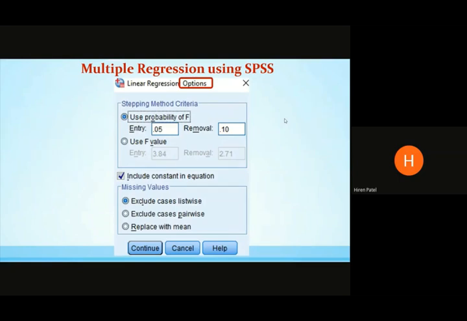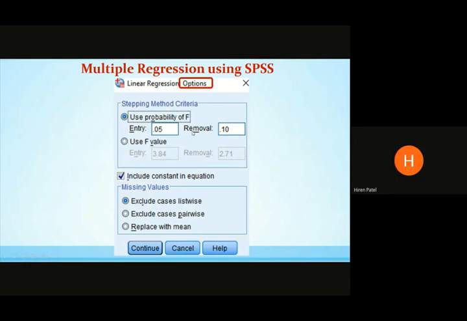Now, moving further is the options. This is probably the smallest list out of all. So, in case you are using the stepping methods, which variable do you want to consider? You must have asked this question to yourself. In stepwise regression, does it consider every variable? No, it does not. Then which variable does it not consider? How does the software understand that this is a variable not to be considered? The software understands by these particular values. So anything having an F probability value between 0.05 to 0.1, that won't be considered.